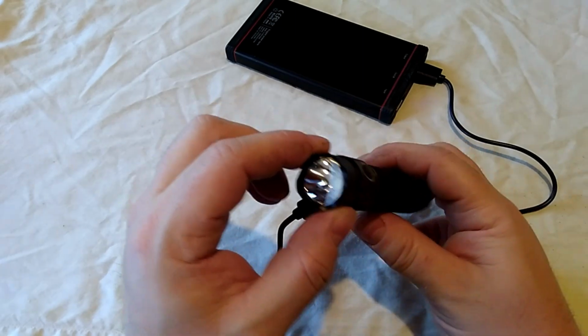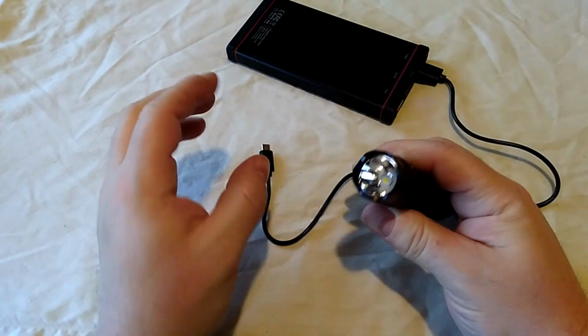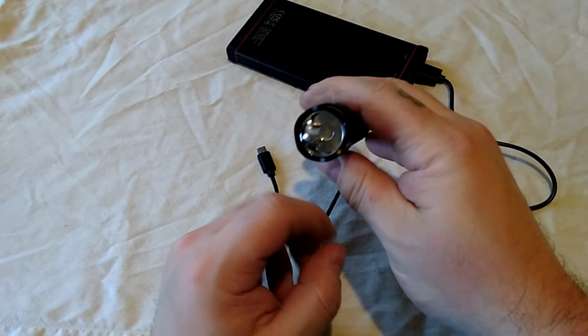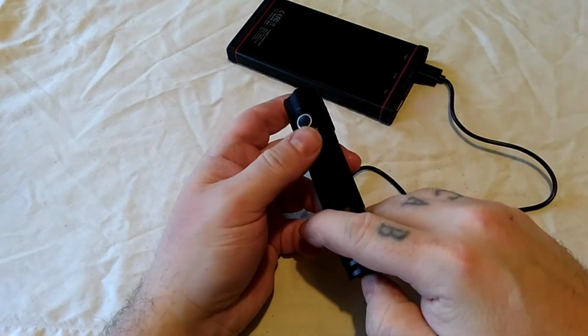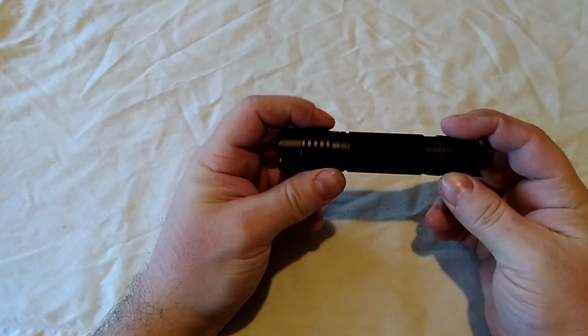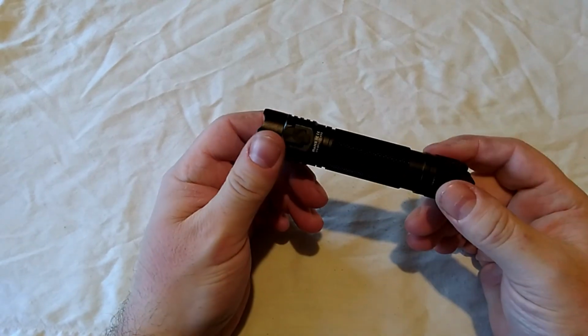So just remember that, and then when you take it out, you have to turn it on and off, and now turn it back on, and it'll come on. So what I'll quickly do now, as I've gone over the outside of the torch, is